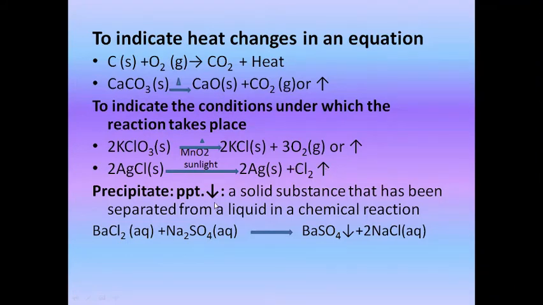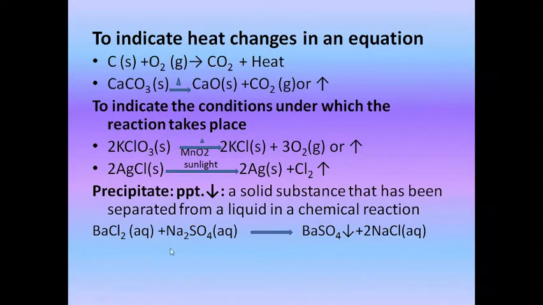Now sometimes a substance in a chemical reaction gets precipitated. Now what do you mean by precipitate? Precipitate is a solid substance that has been separated from liquid in a chemical reaction. Like when we set curd at home, it settles down at the bottom, separates from the liquid, the liquid is on top and it settles below. That is a precipitate. It is shown by an arrow downward or with a short form PPT.